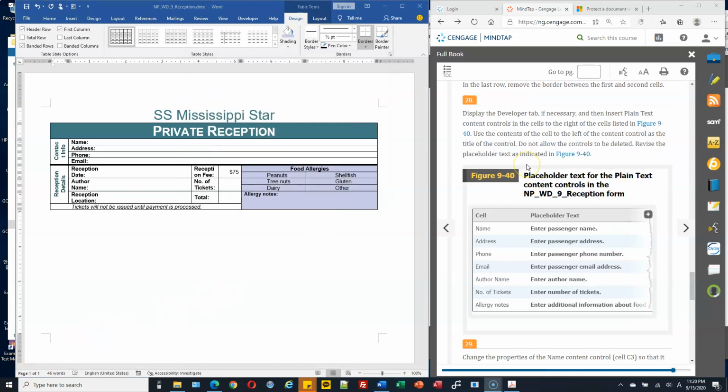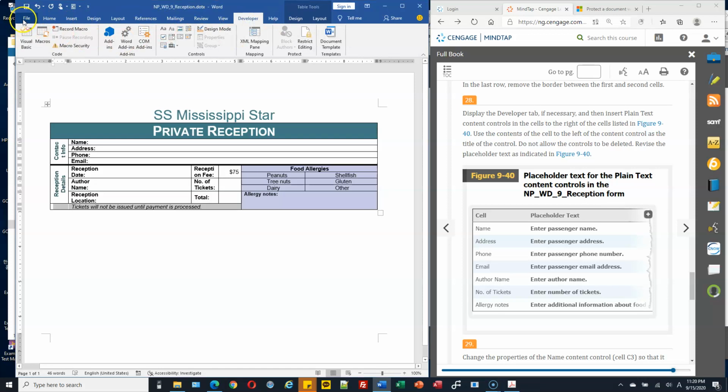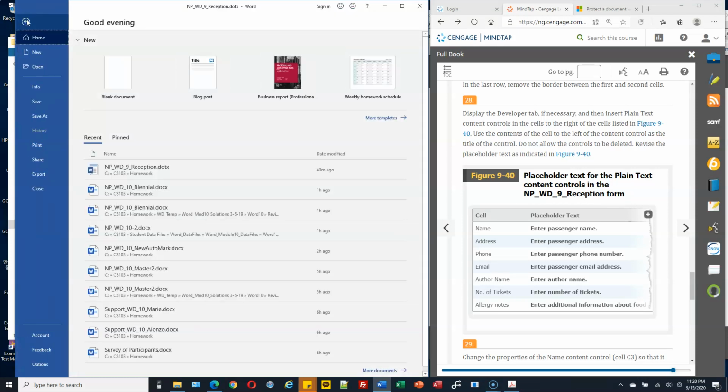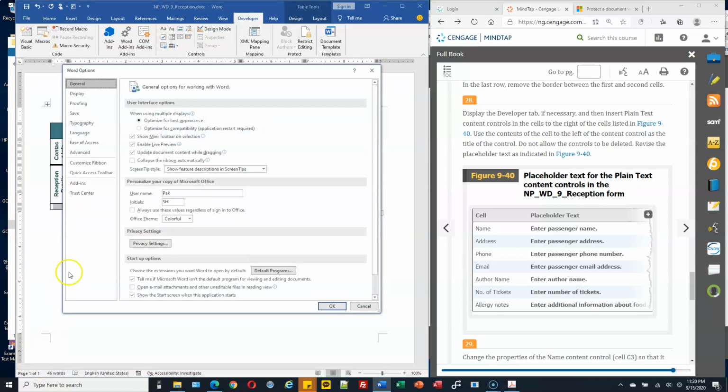Okay, number 28 is we're going to use a developer tab. Developer tab is here, but most of you don't have this developer tab, so we can add this tab. So in order to add this developer tab, you can click the File tab. Okay, go to File tab and then Options at the bottom. And then from here, we can try